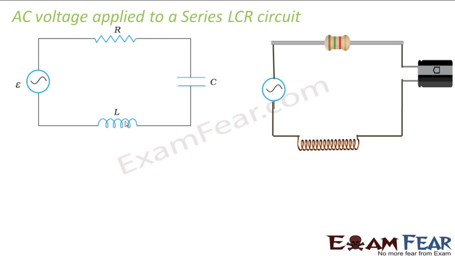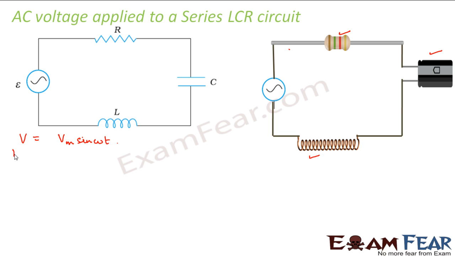In this case we can see from the diagram that you have a resistor, a capacitor and an inductor all attached in series, and you have this alternating source. Since the circuit elements are connected in series, the current flowing through the resistor, capacitor as well as the inductor would be the same. So what is my source voltage? Source voltage V is equal to Vm sine omega t.